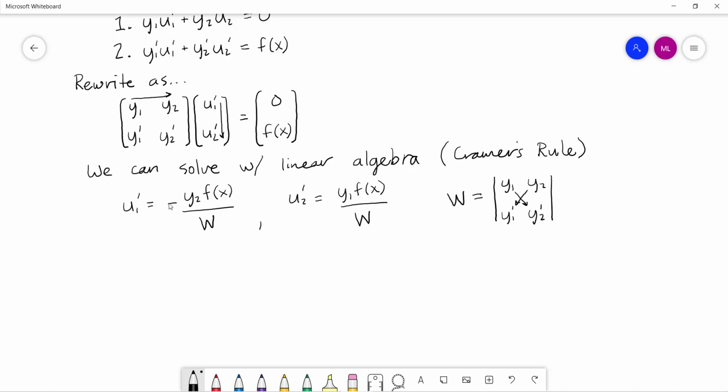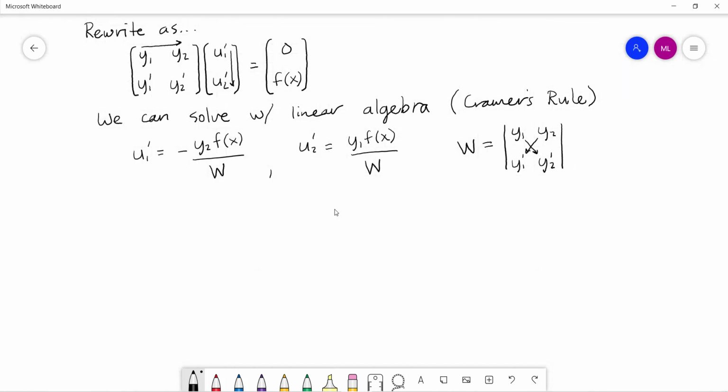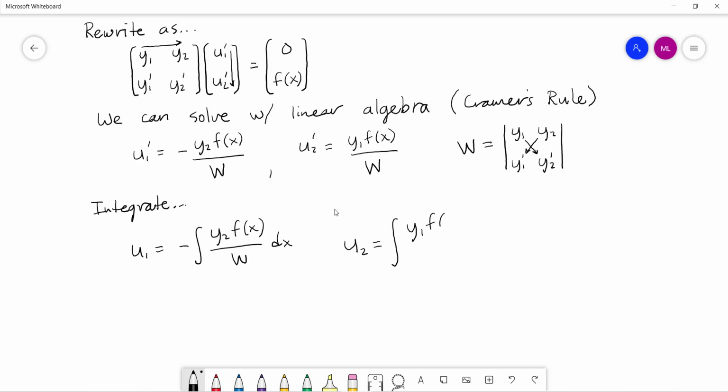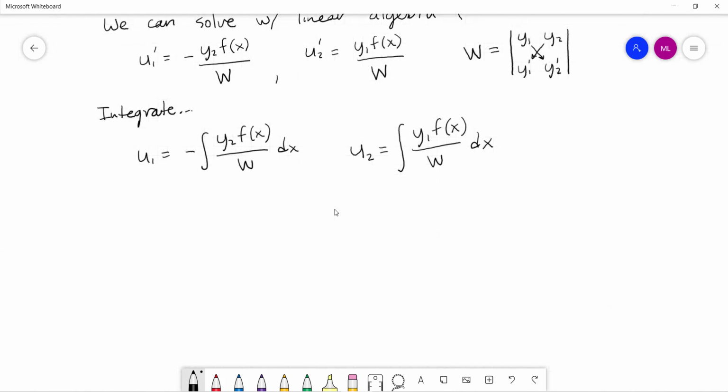So this gives us an expression for u1 prime and u2 prime, which implies if we integrate to solve for u1, u1 will be equal to negative the integral of y2 f of x over w dx. u2 is equal to the integral of positive y1 f of x over w dx. And the particular solution